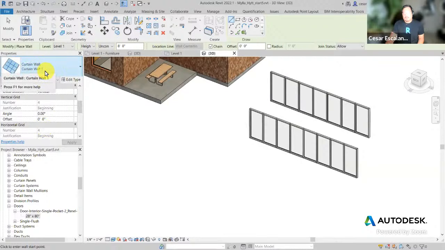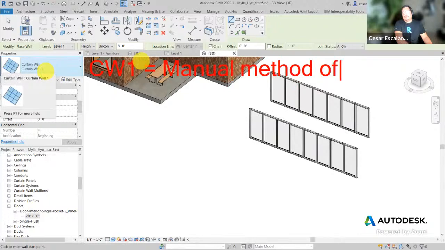And I'm saying it again, curtain wall 1 equals the manual method of creating curtain walls. And if I use this method, then I have to manually create horizontal subdivisions, vertical subdivisions, apply mullions, and then add